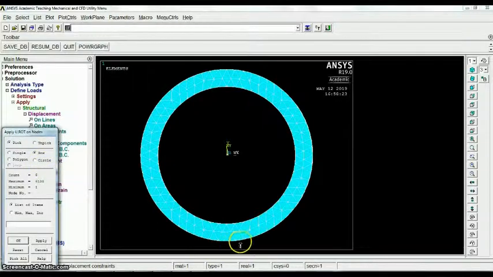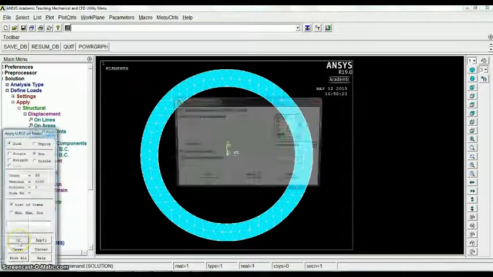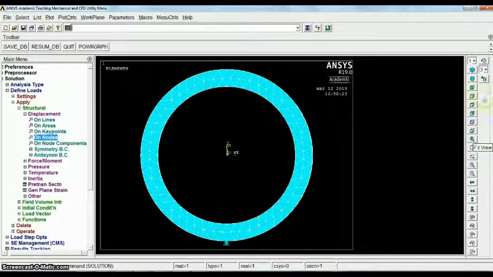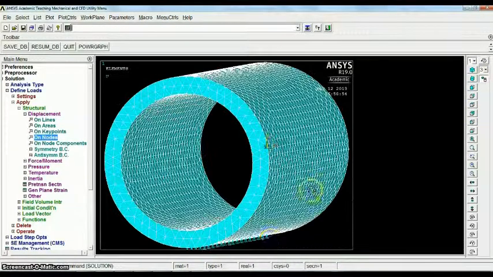Then we want to select this, it is 20. You can see here the count is 20. I will show you. Okay, in Y direction, 0 displacement, and then okay. Now let me show you. You can see here we fixed this pressure vessel from the line along the bottom tangential line, which has